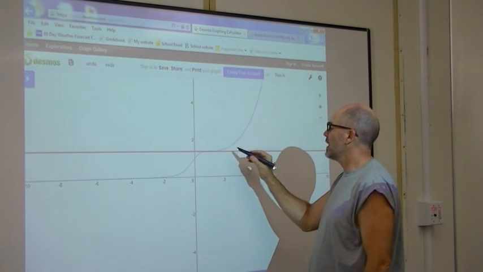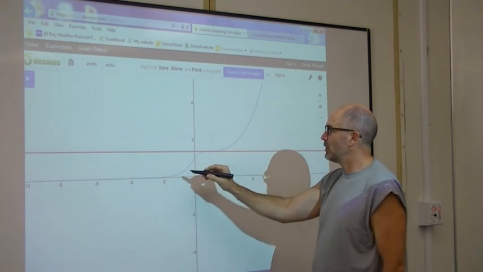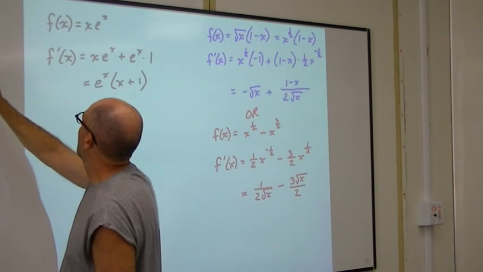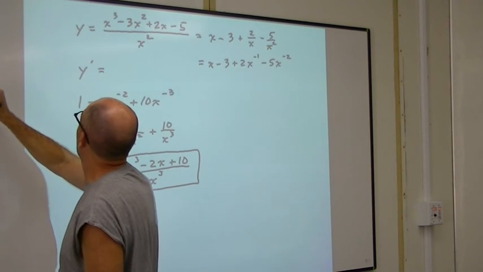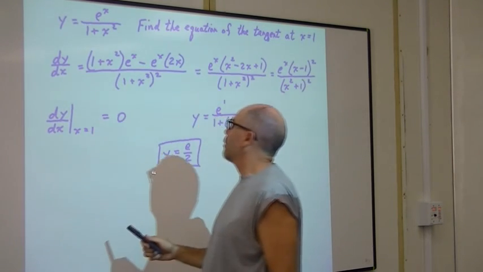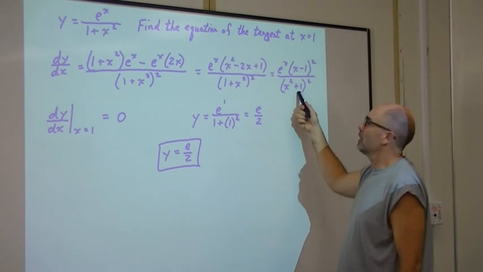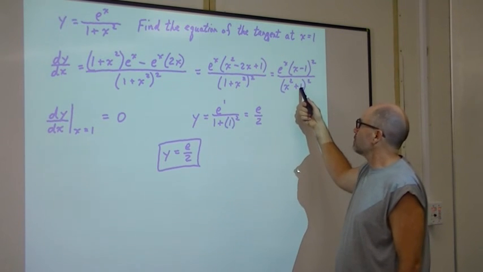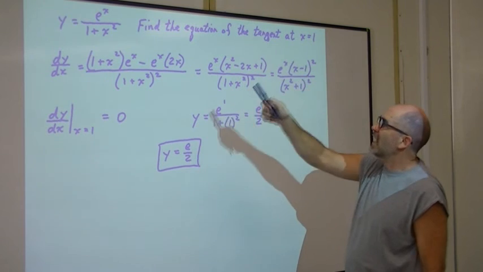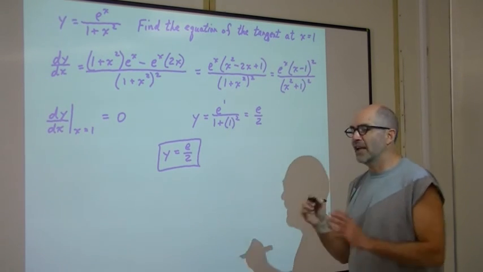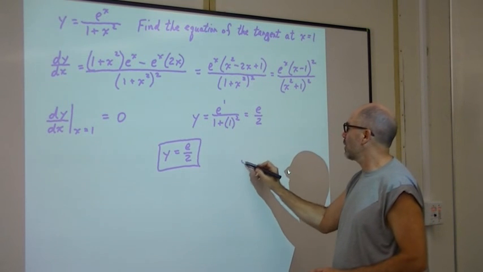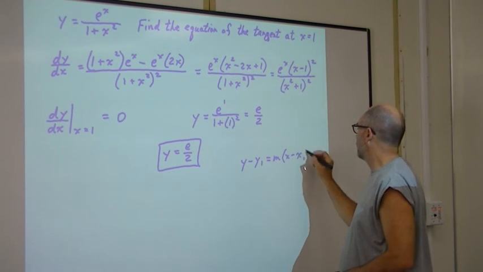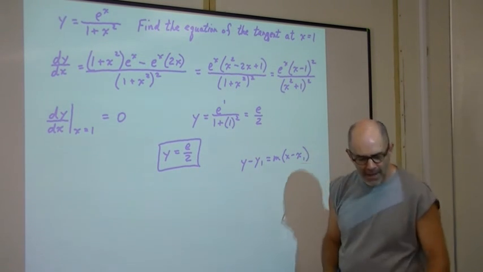Now we could have the equation of the tangent line at any x value. All we have to do is go back to our original derivative right here and put in any x value we want. That gives us the slope. And then all we would have to do is get an x value and a y value and a slope. Once we have an x value, y value, and a slope, then we just go y minus the y value equals the slope times x minus the x value. That's it, game over. Have fun with the